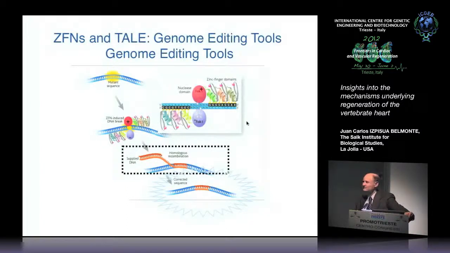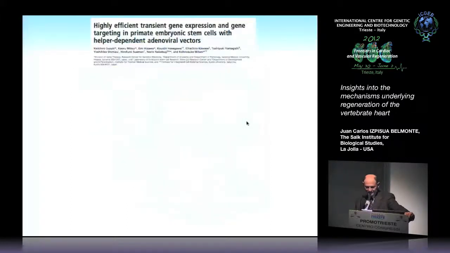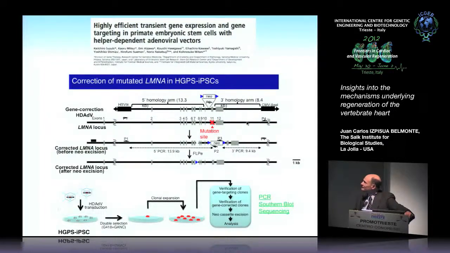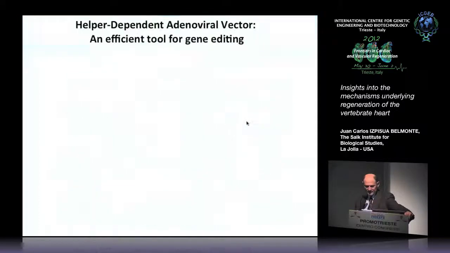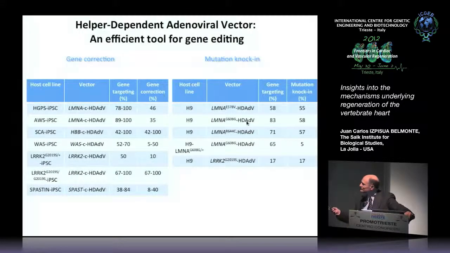Now you know very well that in the mouse this is relatively straightforward. It's not the case for humans, but recently, with the advance of zinc finger nucleases and TALENs, this has become possible. We have developed a different approach, which is the helper-dependent adenoviral vectors. And I have to say that we are very excited with this technology. It is incredibly efficient. You can see here different loci that we have targeted, and there are cases where you get efficiencies up to 100%. If you compare this to zinc finger or TALEN, which is below 1%, and to the fact that zinc finger nucleases and TALENs have off-target effects,